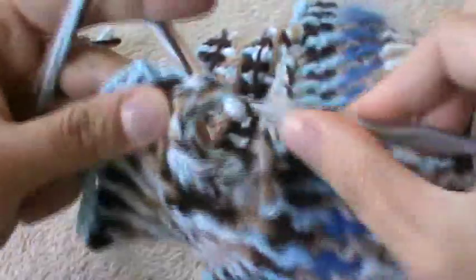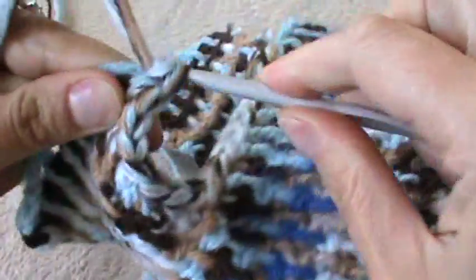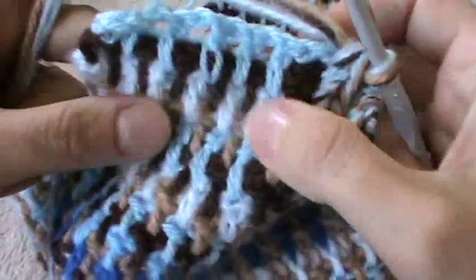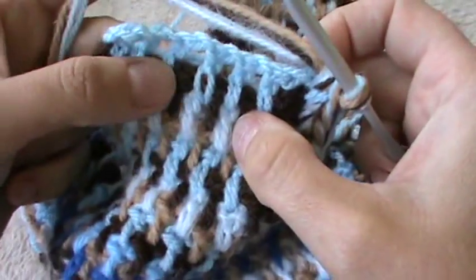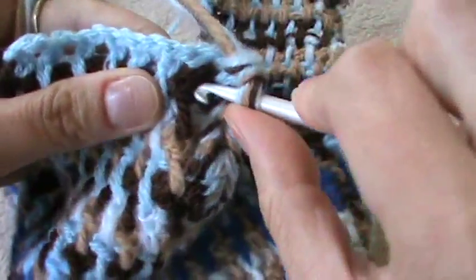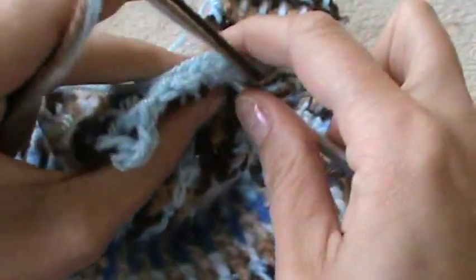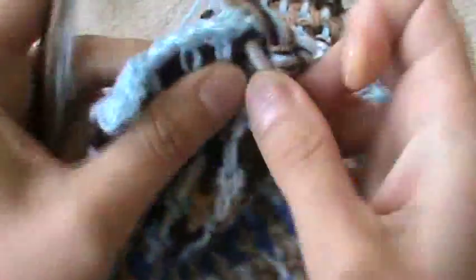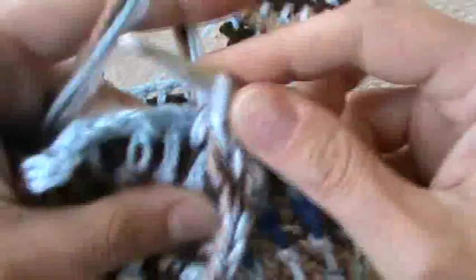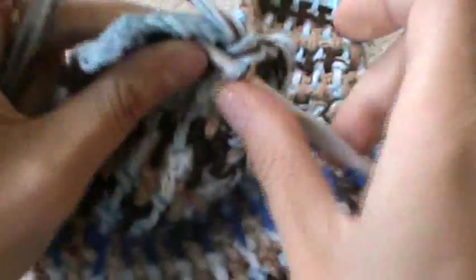I have just one single crochet to put here, and now I will work into my double crochets of my brown round. 1, 2, 3, 4, 5, 6. So I will insert my hook here and work one single crochet and then into the next, but I don't want to chain one, only the single crochets. Okay, like this. And another one here. And now